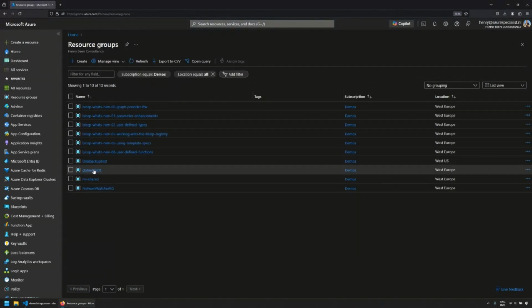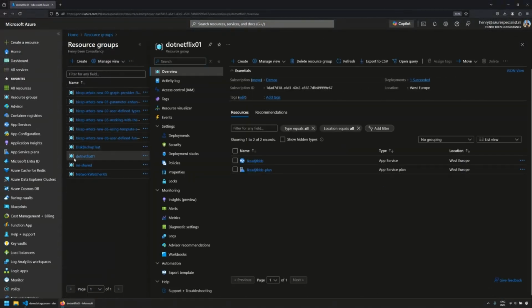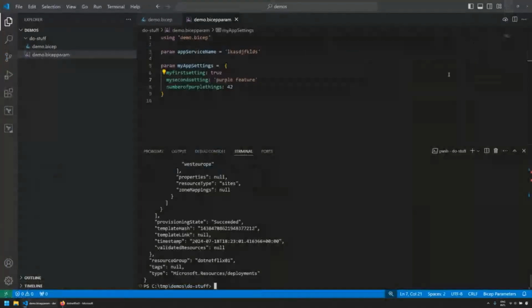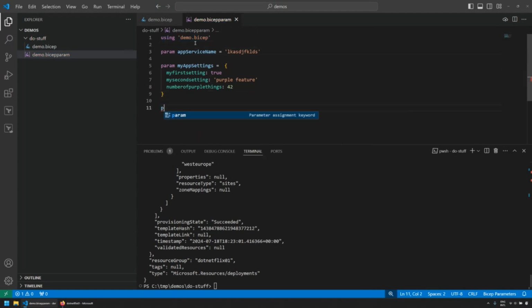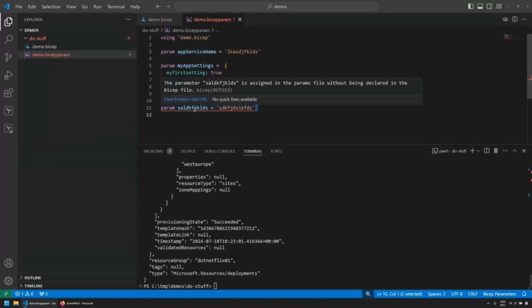All right. And as you probably expected by now, if I go into my Azure environment and I open my resource group, dotnetFlix, my app service plan and my app service are now created. It's not world shocking, but we got rid of the JSON parameter files. And the nice thing here is that I can now reference a file and I can skeleton my parameter file out, and I get helpful things, right? If I add something here that doesn't make sense, it will tell me that this parameter doesn't exist. Yeah. So that's a win.